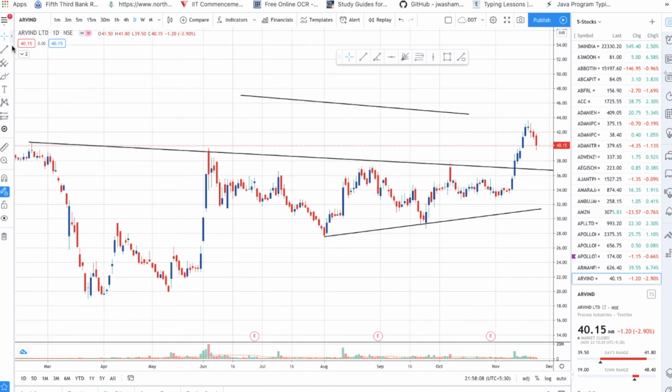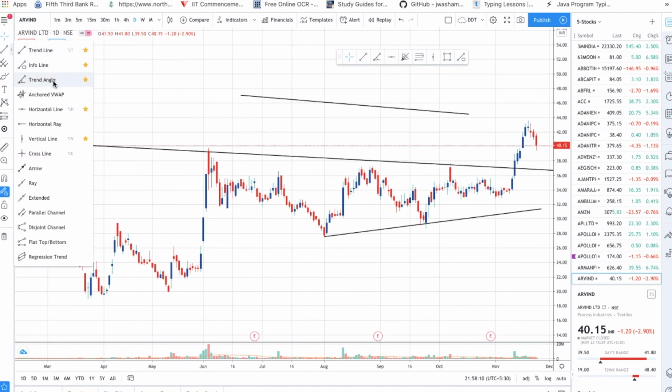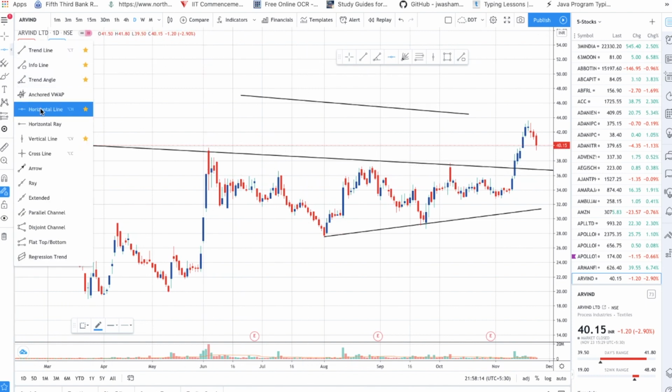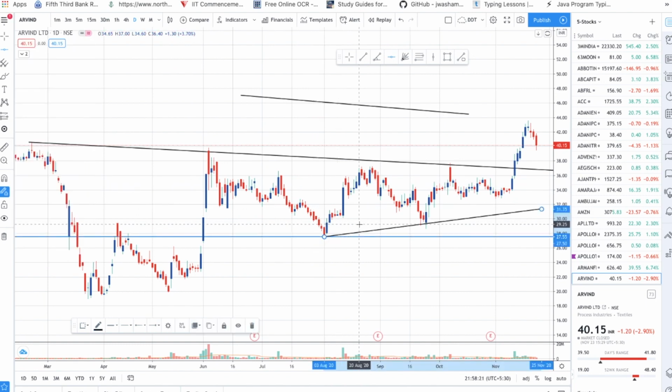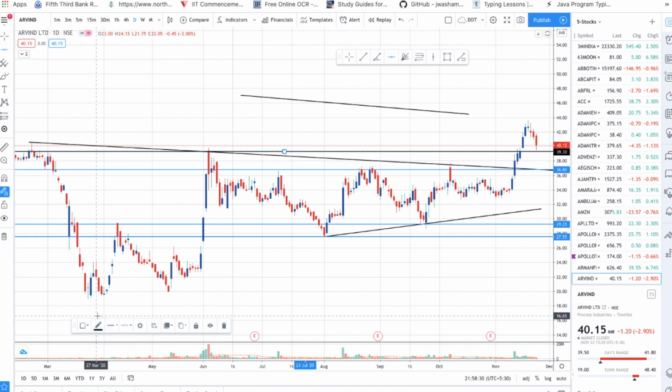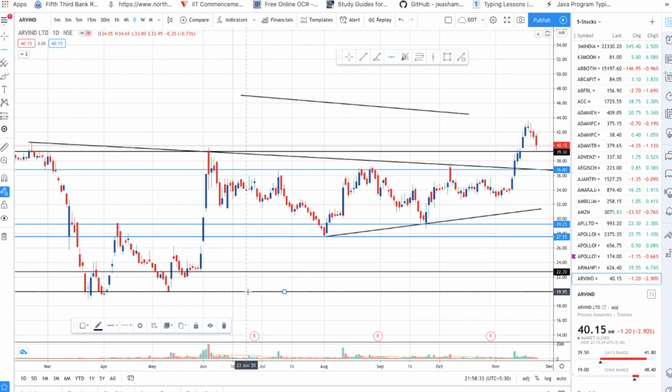The second thing from this section which I use is the horizontal line. Just go here, select horizontal line from here, come to the chart and draw it like this. Just click and it will automatically draw that horizontal line. And if you want to change the color, change the color from here. Like that I selected black, right? So now the black color is coming. In this way you need to select this.